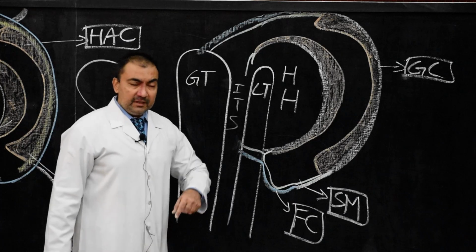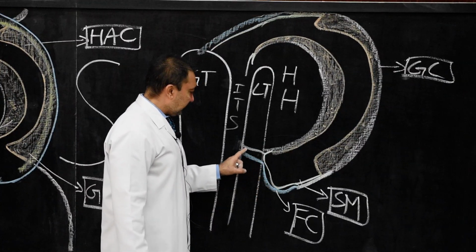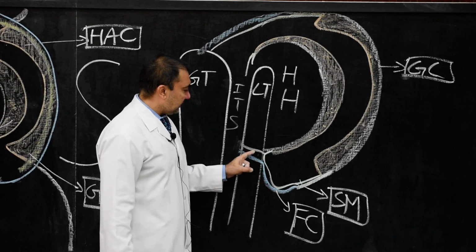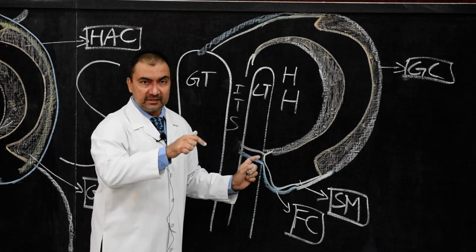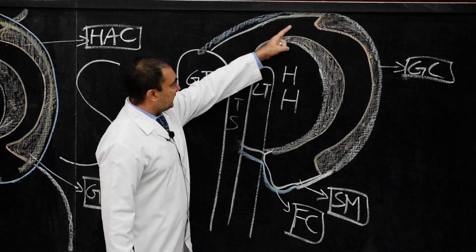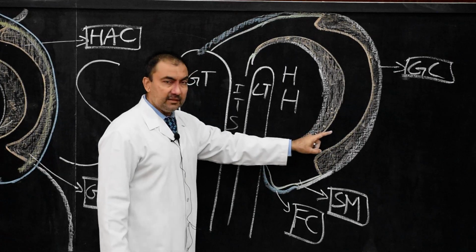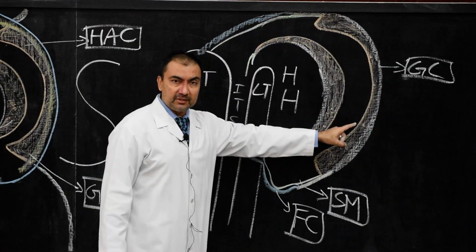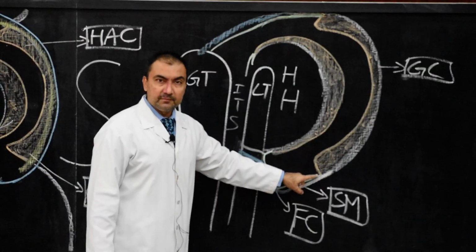So once again, we will revise all three points. The first point was that the synovial membrane will line the inner surface of the capsule. The second point was that this synovial membrane will cover the intra-articular part of the anatomical neck of the humerus. The third important point was that the synovial membrane will cease at the margin of the hyaline articular cartilages, both the articular cartilage covering the head of the humerus as well as the articular cartilage covering the glenoid cavity of the scapula. So it will stop at that end.